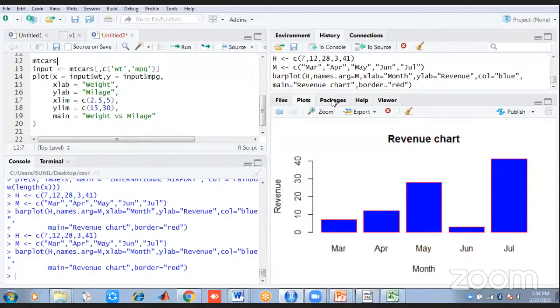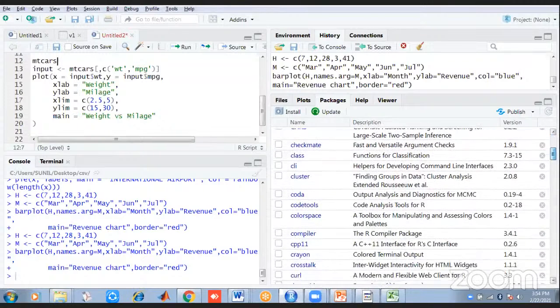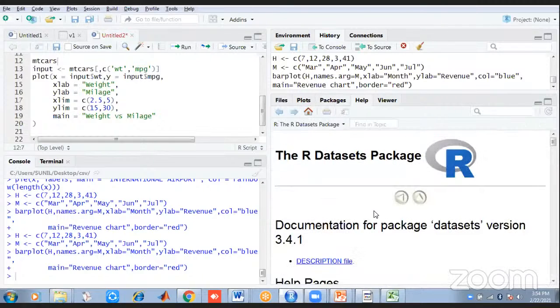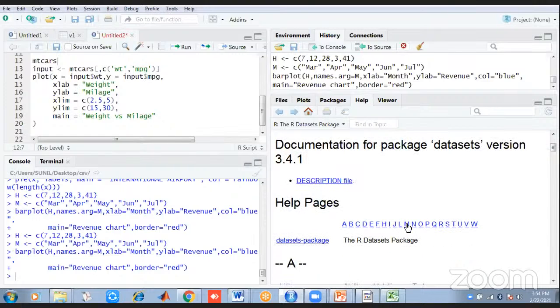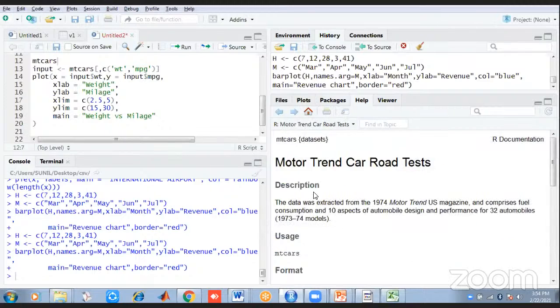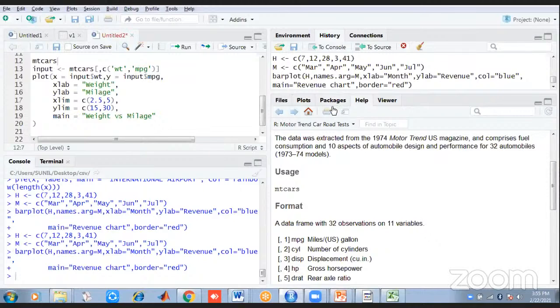Suppose you want to check whether the package is installed, so go to Packages. Go to Packages. The mtcars comes under data sets, so you can go for data sets. See here, data sets is there. Then it will display in alphabetical order. Then go for M. See, it has mtcars. If you click that, you will have the definition of this. See, it has 32 observations, 11 variables. I hope you can note it down. Because like that also, we can check the